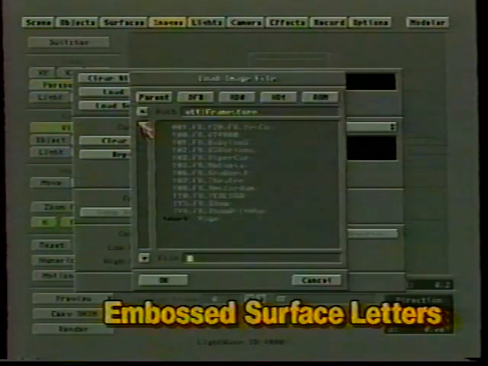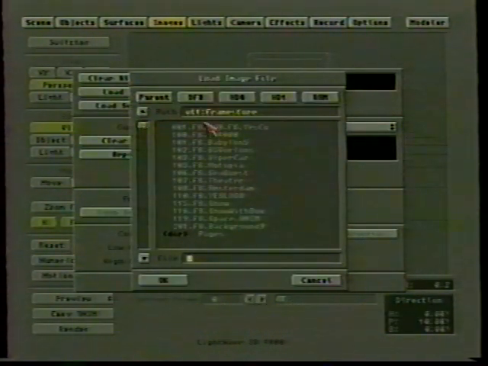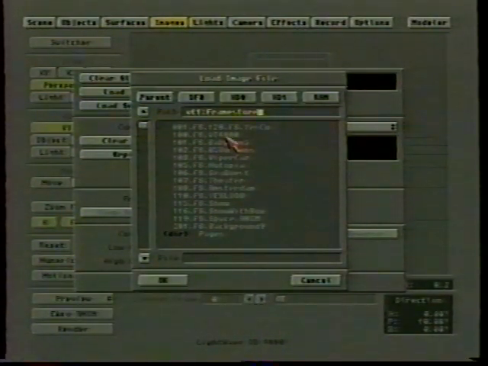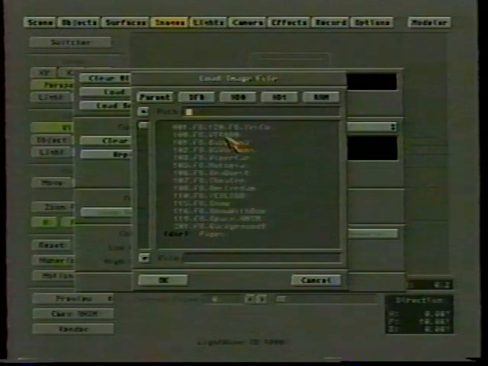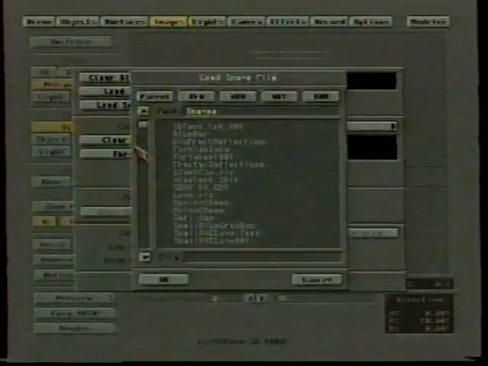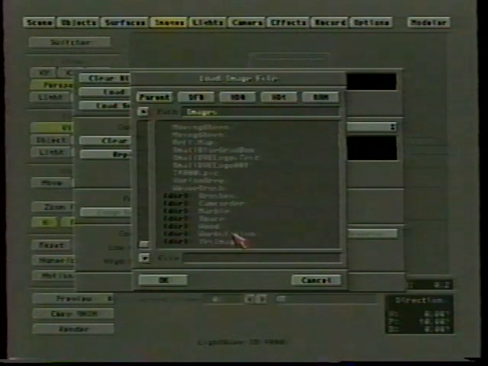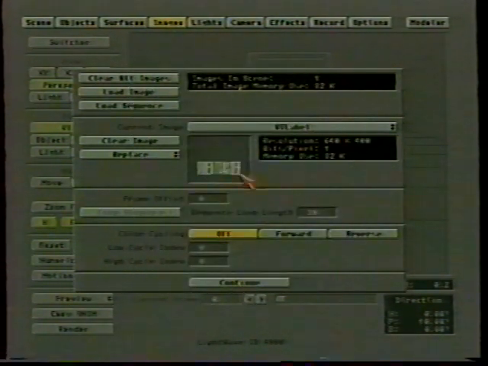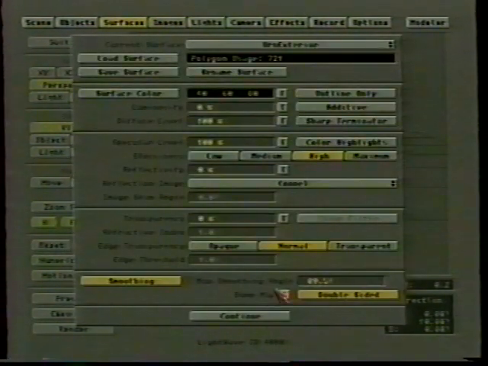Let me just load up the image from the workstations directory. Let me go back to my main control panel here. To do that, I'm going to clear out everything in this requester and hit enter. And this shows me my images directory. I will go to workstation, and where it says VT label, this is a simple 2-color picture, and it says video toaster. What I'm going to do is go to my surface, bump map,